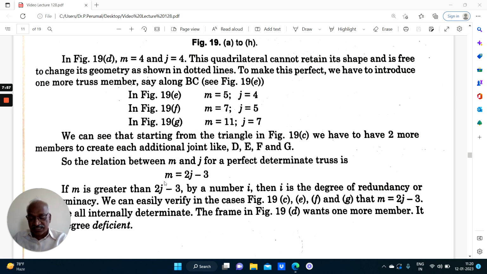M stands for the number of members, j stands for the number of joints. So M equal to 2j minus 3. So when we want to find out the degree of indeterminacy, that is internal indeterminacy, we use the number of members and number of joints. M equal to 2j minus 3, or we can say I equal to,